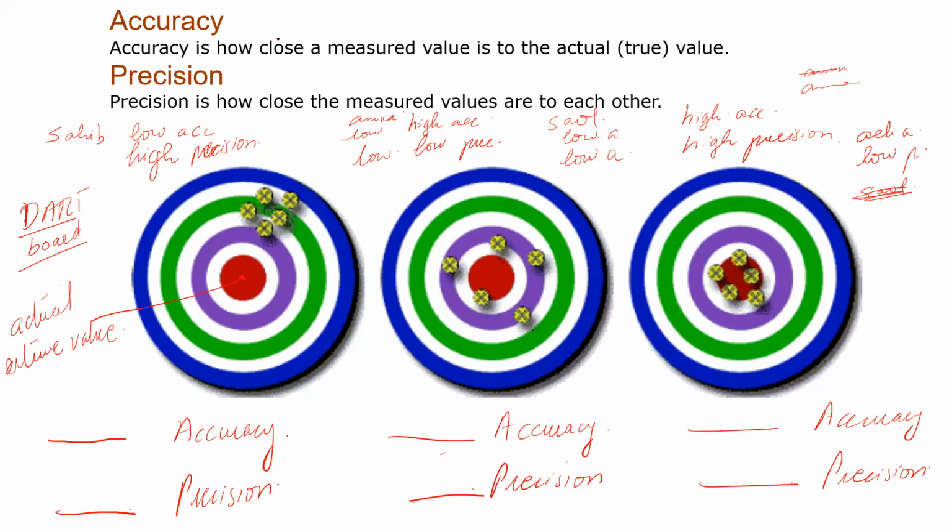According to the definition that we've written, accuracy is how close a measured value is to the actual value. All the darts that you have thrown are not close to the true value, and therefore the accuracy is low. Precision means how close the measured values are to each other. These values are close to each other, though not close to the true value, and therefore it has a high precision. So this answer is correct. I think most people got it right because no one disputed it. So here we have the explanation, and this is the correct answer.